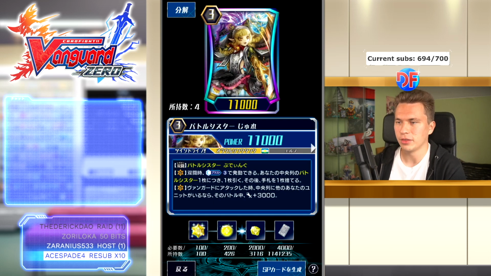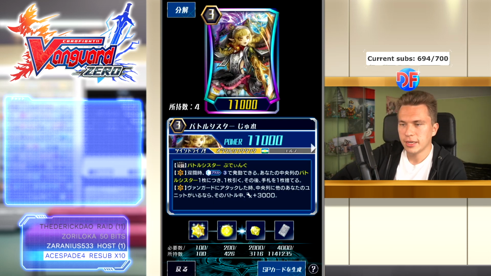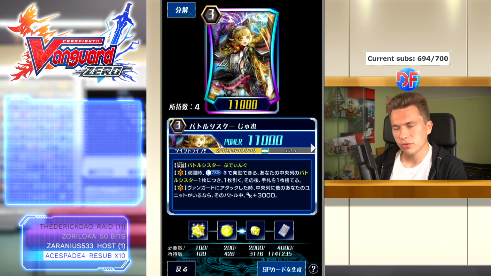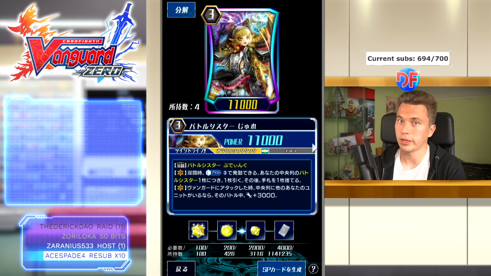And then finally we have the Jelly. So her effect is essentially just when you Legion with her, you counterblast 3, and for every Battle Sister in your middle column, you draw 1, and then you discard 1. And then when she attacks the Vanguard, if you have another unit in the middle column, she gains plus 3k power. So she's not that impressive. Like CB3 to draw 3, discard 1 is fine. It's good in terms of draw power, and you run quite a lot of countercharge in this deck, so it